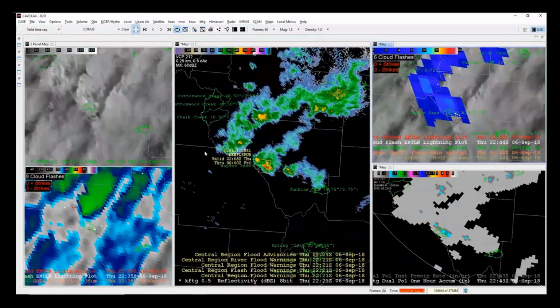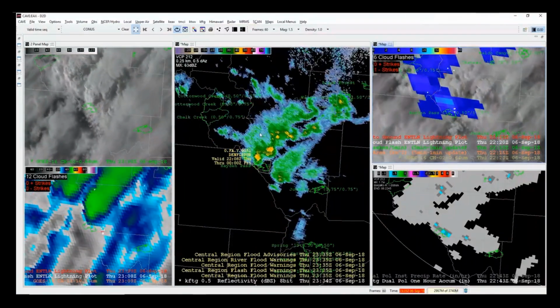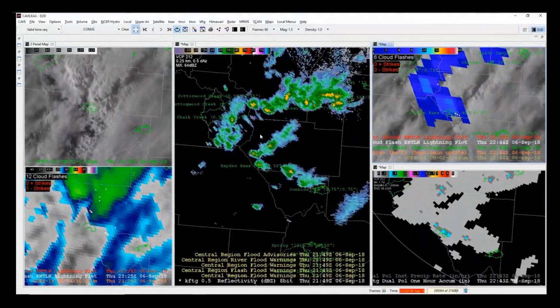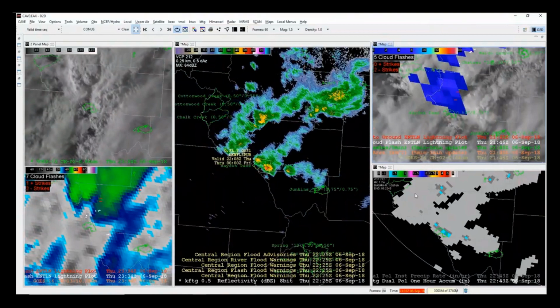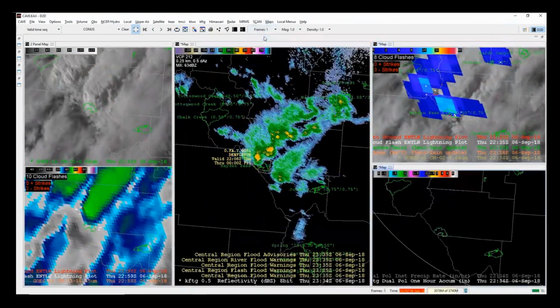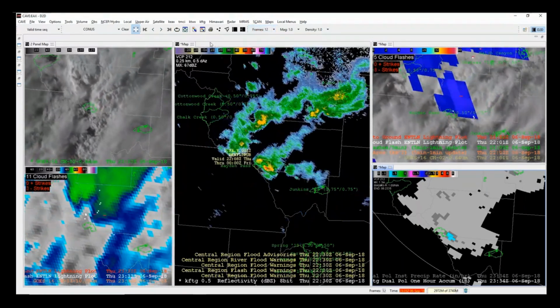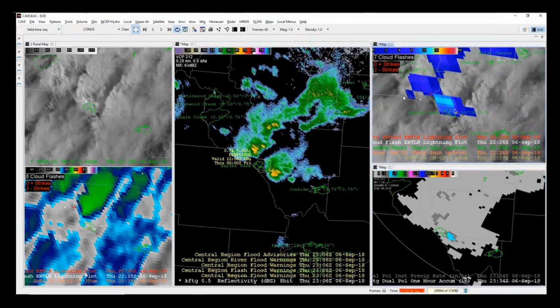Accounting for parallax, it's going to be close, but thinking that maybe this storm might just skim the northeast part of the burn scar. So again, that's something we're telling our partners: there's another storm approaching, we're thinking it might just miss. And you could see with the lightning activity,